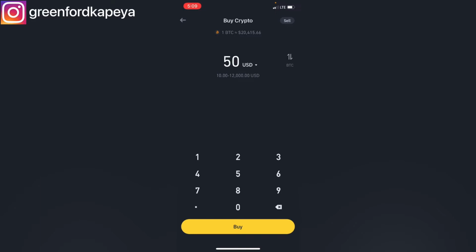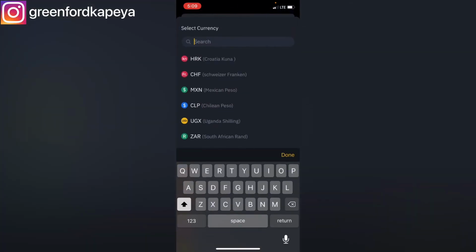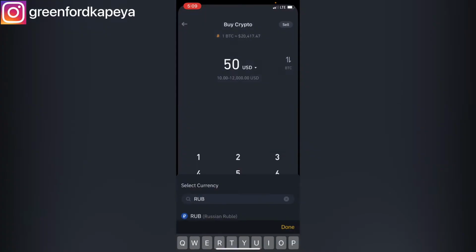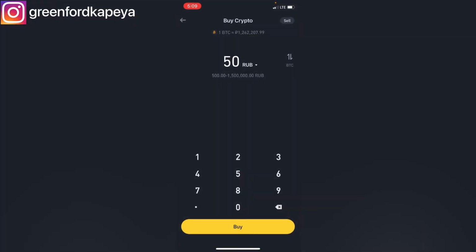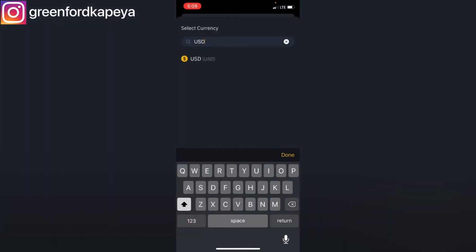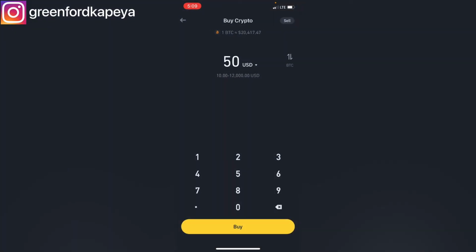So if you're not comfortable with the conversion in United States dollars, Binance has an option in which you can convert from one exchange currency to the next for your convenience. So if you're not comfortable with USD, all you do is simply click on the drop down option on top, and then you can simply search the currency that you are comfortable in. So let's say you want to switch from USD to Russian ruble. So you simply click on ruble, but for this video I'll leave it in USD. So all you do is click on buy,